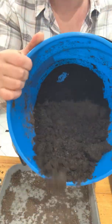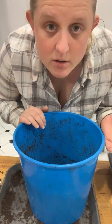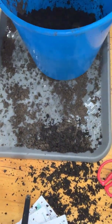Firstly, I need to get my seed. There's dirt everywhere. Exactly what I was trying to avoid. Dirt everywhere. Anyway,